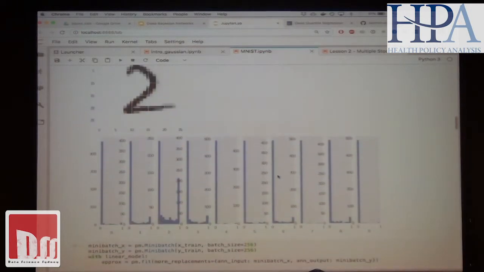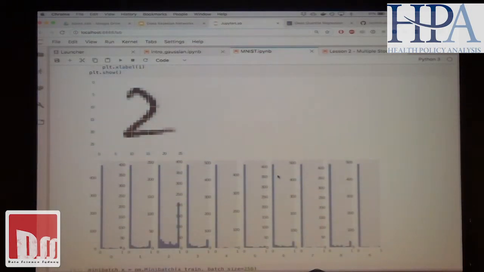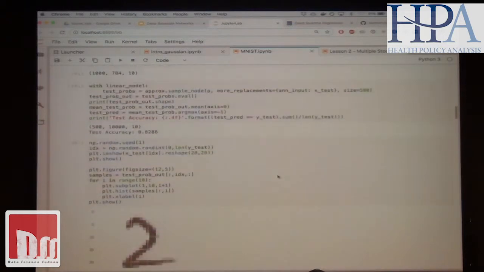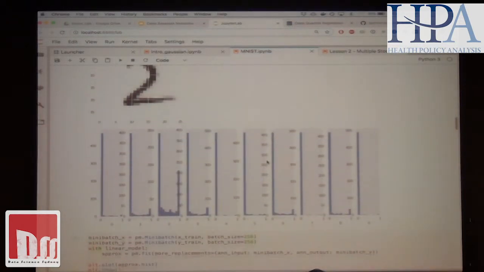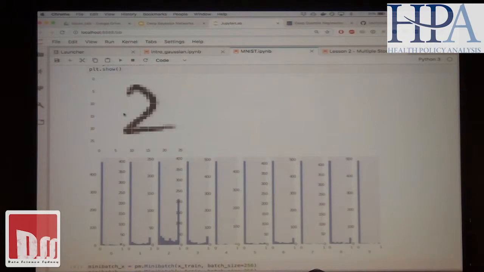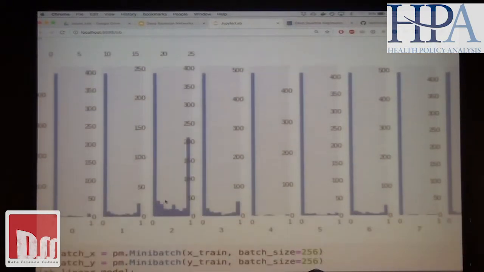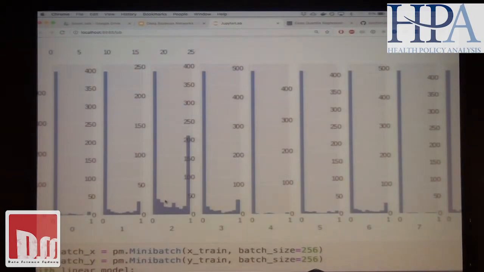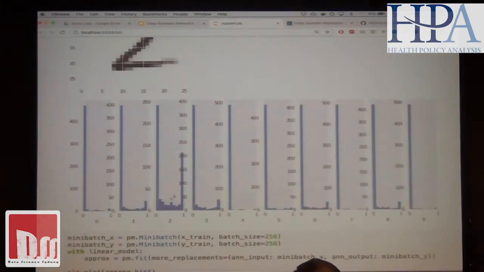But the best thing about doing this is you get a distribution. This is from my test set. With normal machine learning methods, you would just get one single probability of saying this is number 2, whereas over here you're actually getting a distribution across 2. There is a chance of it being 0. It's a continuous distribution between 0 and 1. So that's the best.